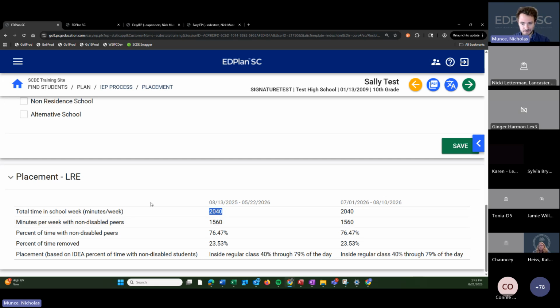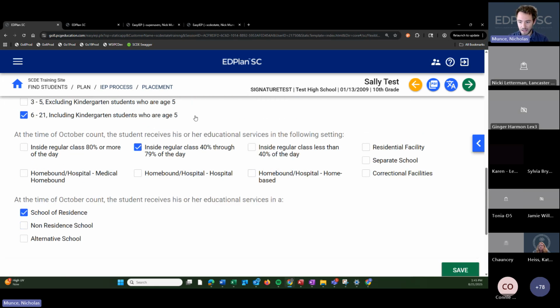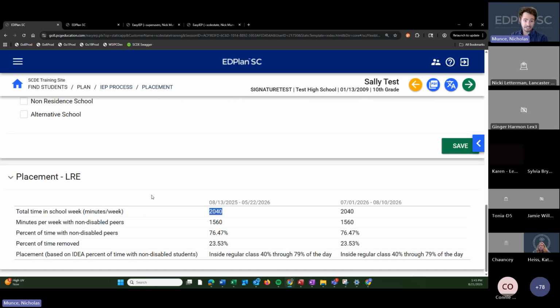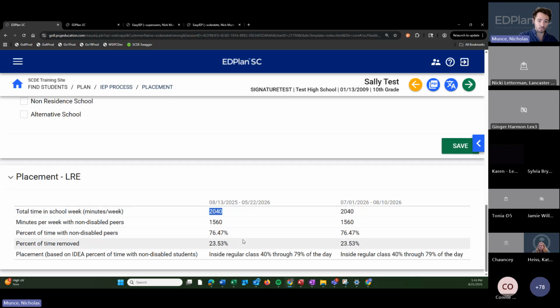And as a reminder, the value that's stored for reporting purposes is the selected value. This is a guide to show you, based on the calculation, what the system thinks they're being placed in. But the selected value is the stored value. So if you change that week length, it's going to change this inside of the calculator.